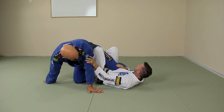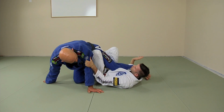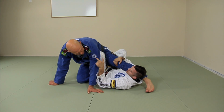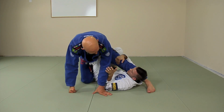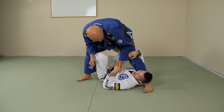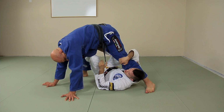Once the leg is starting to get isolated, I'm going to scoop it up. I'm going to bring it to my shoulder. Now this finish is going to work best when he's on 2 feet. A lot of guys here feel more comfortable by standing. So once I get here, they stand up. So what's going to happen is I'm able to knock his hands to the floor,